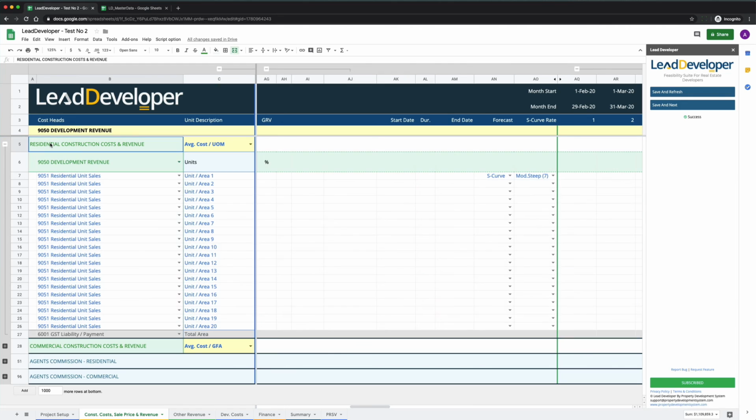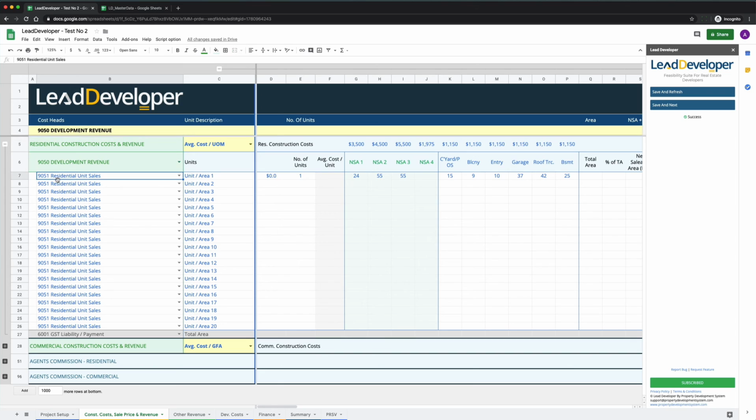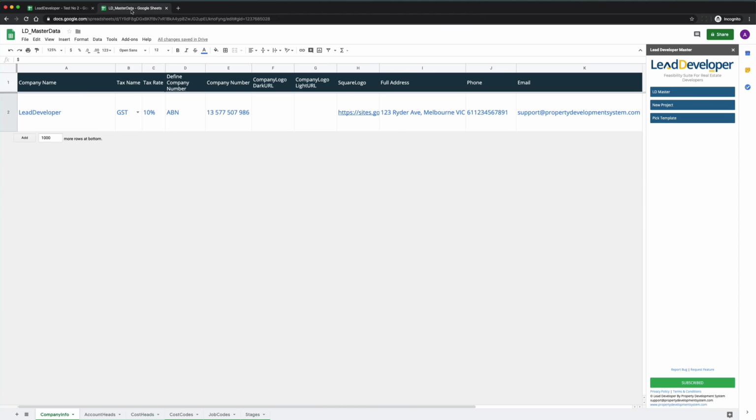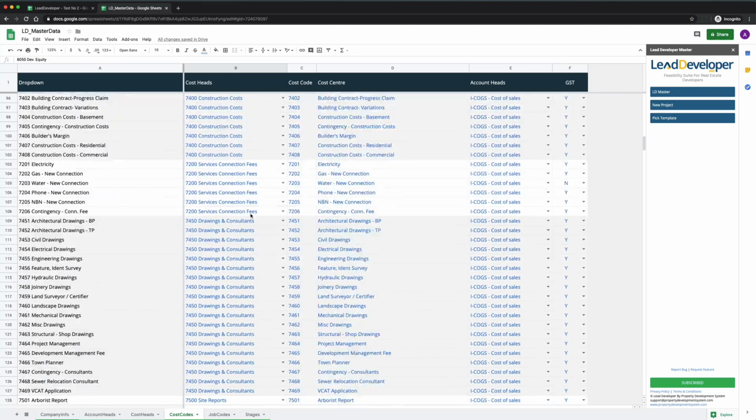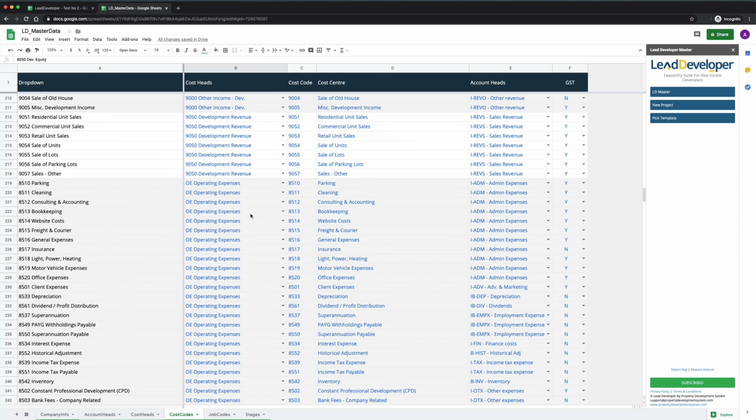This first section here is about our residential construction cost and revenue. So that's what we are trying to do here, and all those construction costs and revenue that's going to come in, we are also going to map them out as per the cash flow. Okay, so here, on this column, we've got development revenue. Now, if you remember, and you go into your lead developer master data and you go into your cost codes over here, you will see that we have this section